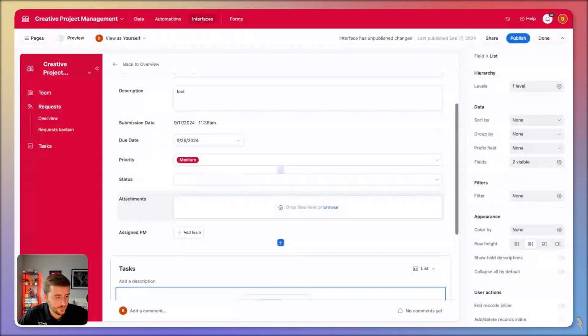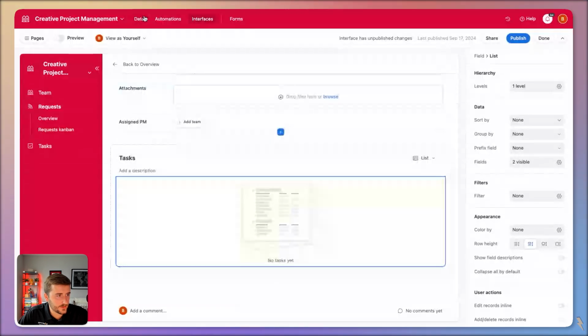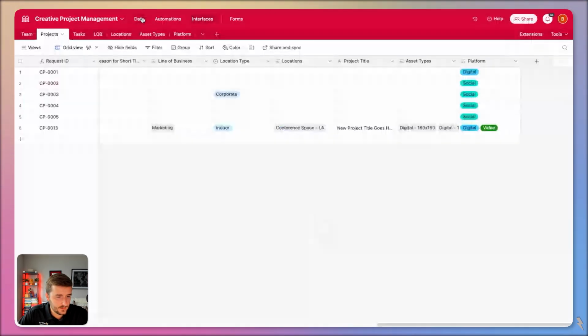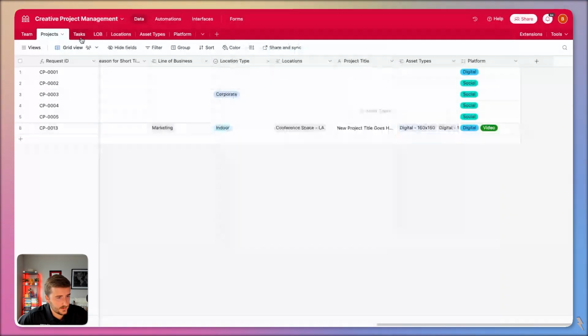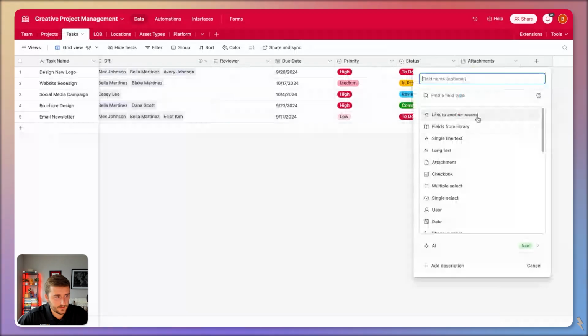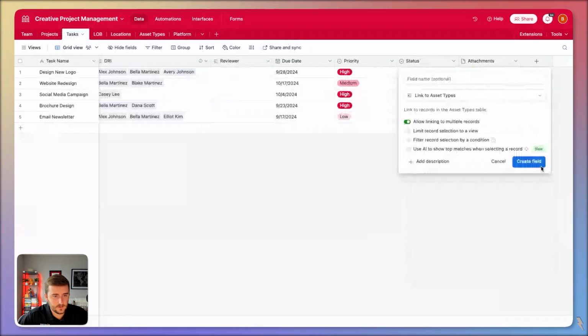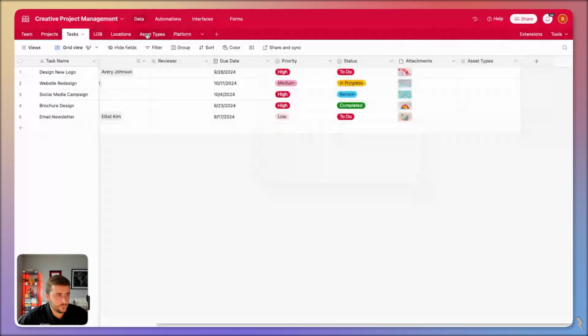But what I want to have happen is I want to be able to assign. So like the submitter chose, here's all the asset types I want to work with. I want it to create a record for each one of those tasks. That way I can start assigning designers to these tasks. So let's see what I have to do. Tasks, I want to be able to link to my asset types. And team,